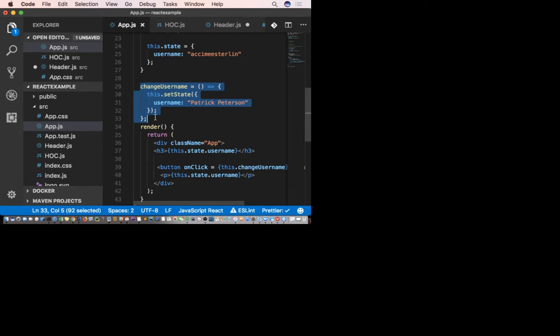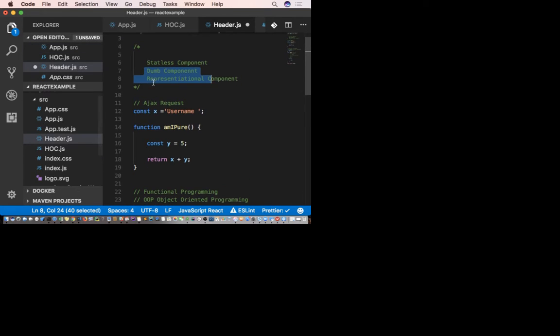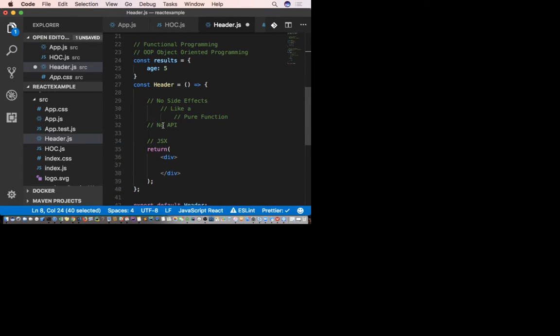Okay. What else? If you use a class component, do you use it as an extend, like class? Exactly. Yep. As an extend. So no API, right?